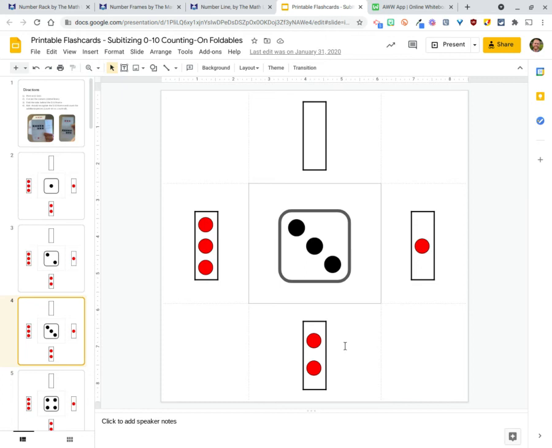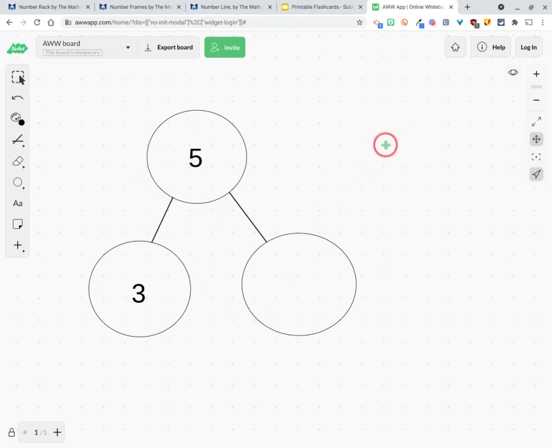Now, moving on to something more abstract. Anytime we're using an algorithm, whether it be addition, subtraction, multiplication, or division, that is abstract thinking. Okay, so jumping to an algorithm is abstract, but we could also work with a number bond or maybe even a tape diagram and also be in abstract thinking, where I'm going to ask the kids, hey, what is this missing piece? What's the missing addend where 3 plus this number gives me the sum of 5? Okay,